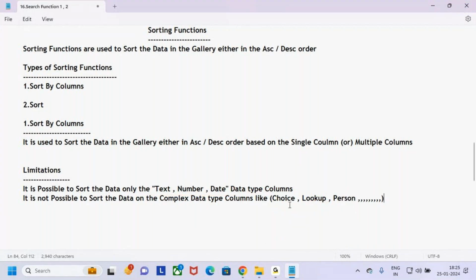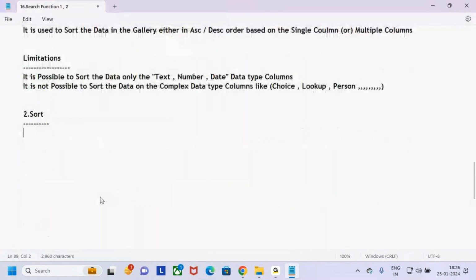Now, in order to sort the data on complex data type columns, we need to use the second function. What is the second function? The second function is the Sort function, guys. With the help of the Sort function, we are able to sort the data on complex data type columns. Let me keep it here. What is the definition of the Sort function? It is used to